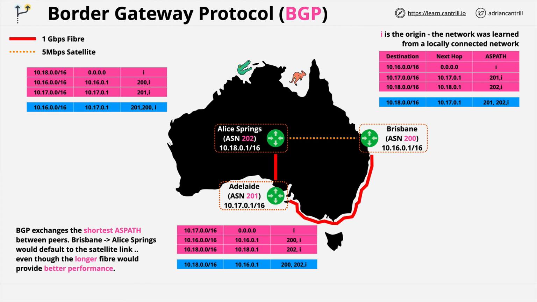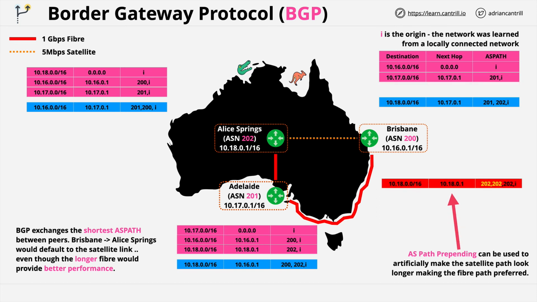Now, because BGP doesn't take into account performance or condition, the satellite connection, because it's the shortest path, will always be used for any communications between Alice Springs and Brisbane. But you are able to use a technique called AS path prepending, which means that you can configure BGP at Alice Springs to make the satellite link look worse than it actually is. And you do this by adding additional autonomous system numbers to the path. You make it appear to be longer than it physically is. Remember, BGP decides everything based on path length, and so by artificially lengthening the path between Alice Springs and Brisbane,